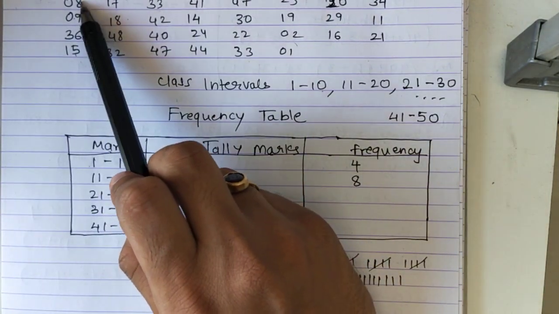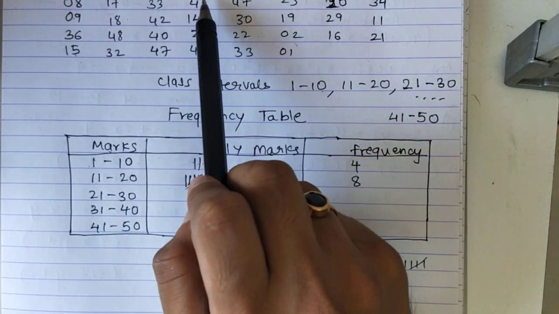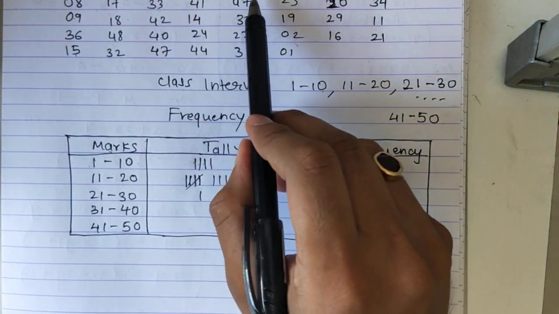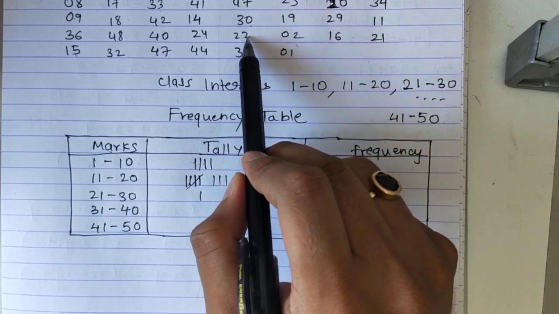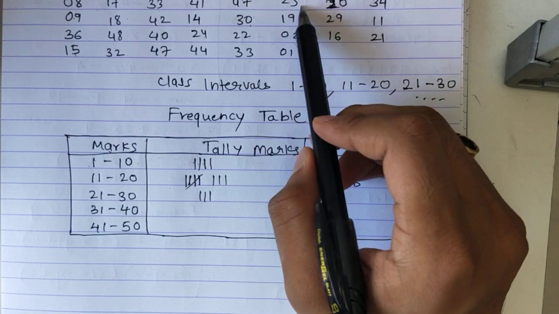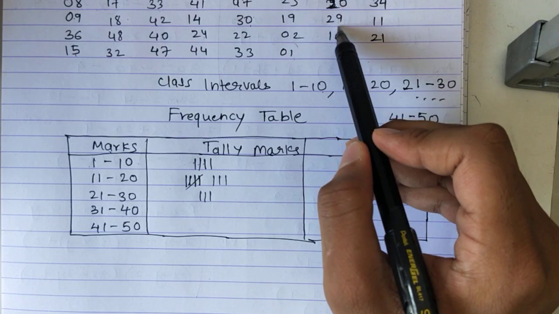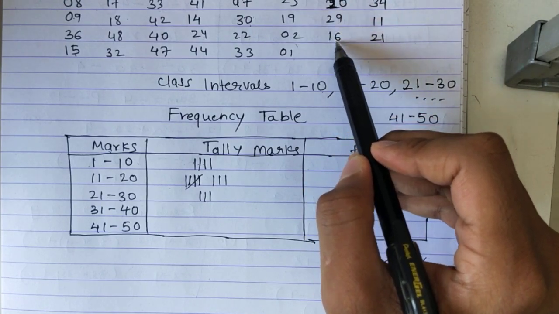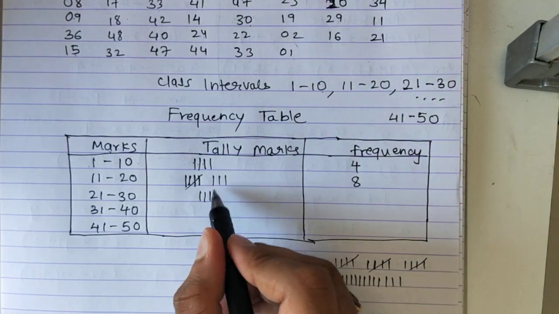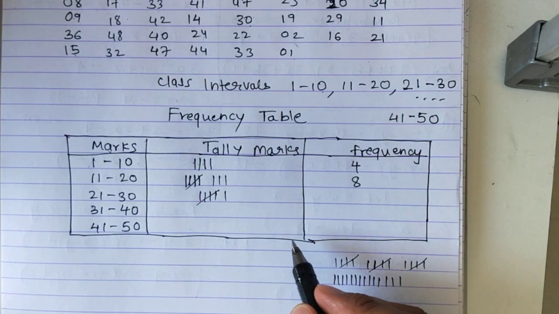Okay. Now between 21 to 30. So let's count between 21 to 30. Here 24. So I got one value. 21 to 30, so 30 will also come. 22 will also come. 1, 2. So 2 more numbers. 23 will also come between 21 to 30. Then 29 will also come. Okay. And 21 will also come. So 3 more numbers. Means 1, 2, 3, 4. The 5th stick will come like this. And the 6th stick will come here.